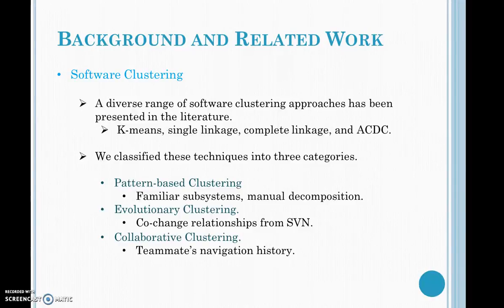We reviewed all these software clustering approaches, and we classified these techniques into three main categories: pattern-based clustering, evolutionary clustering, and collaborative clustering. Pattern-based clustering forms clusters based on the familiar subsystem structures that frequently appear in manual decompositions of large-scale software systems. Evolutionary clustering mines the co-change relationships from the software revision repositories. And coming to collaborative clustering, basically this clustering exploits projects, teammates' navigation history to group and recommend software